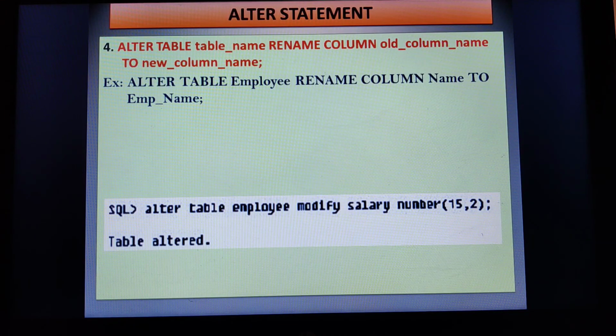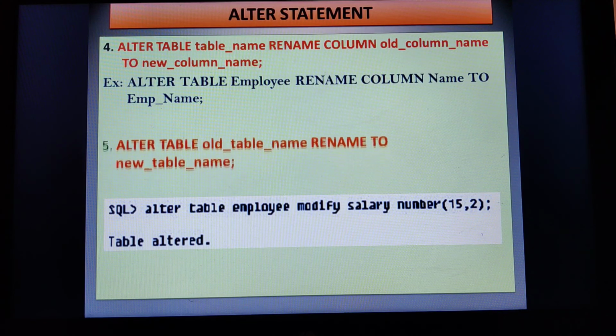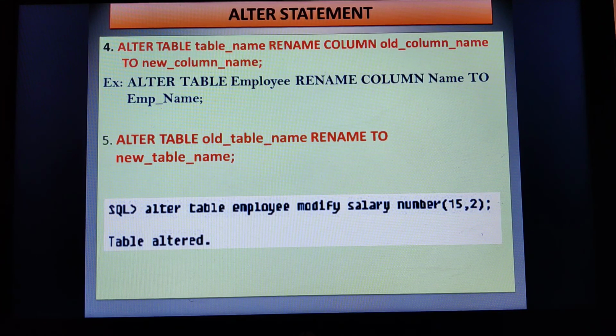The last syntax of the ALTER statement is, if I want to rename the table name itself, then we also need to use the ALTER command, that is ALTER TABLE old table name RENAME TO new table name. This is quite different.